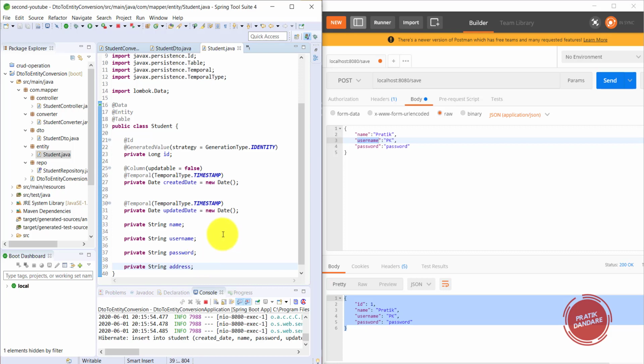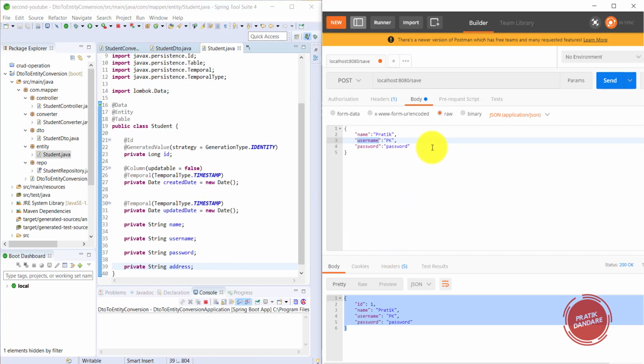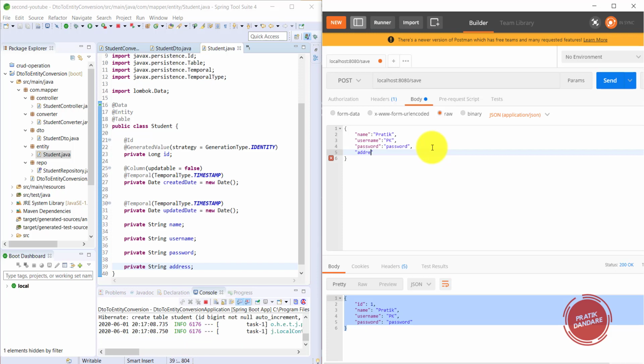In our old scenario, if we add a new element here, we need to add getters and setters inside this converter utility too. Because of ModelMapper, we don't need to write it. So I'm saving it and running once again. I need to add one more attribute here called address, and it's Nagpur.